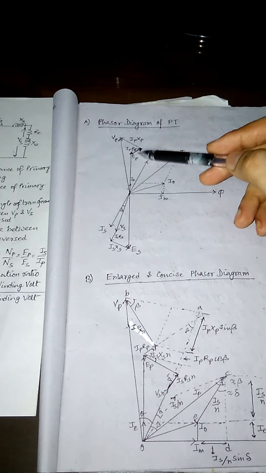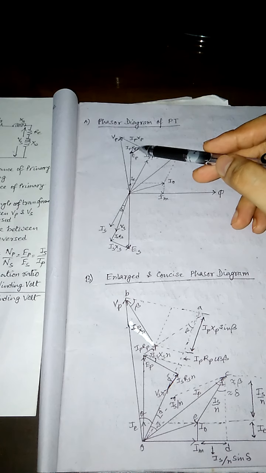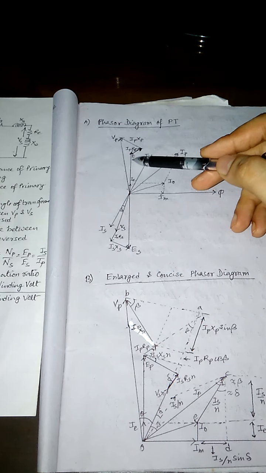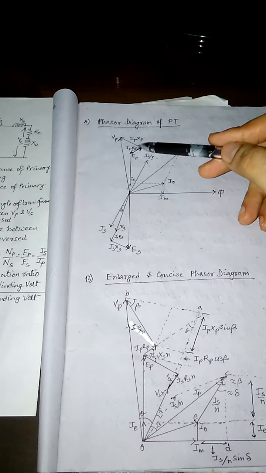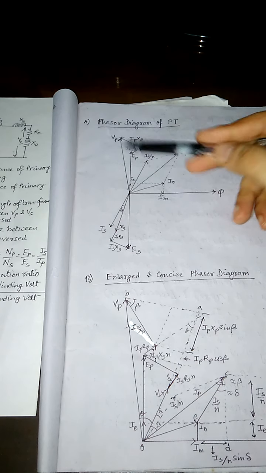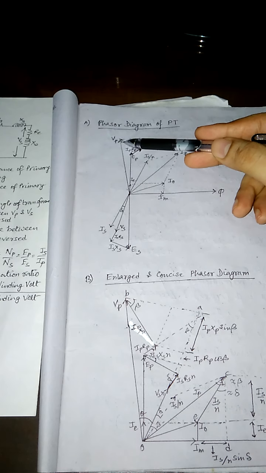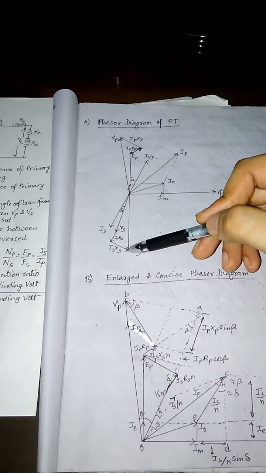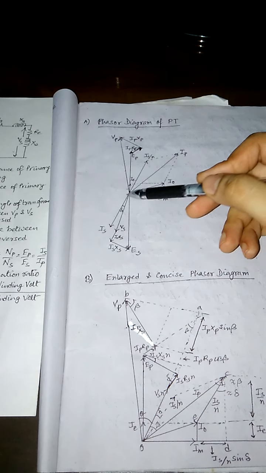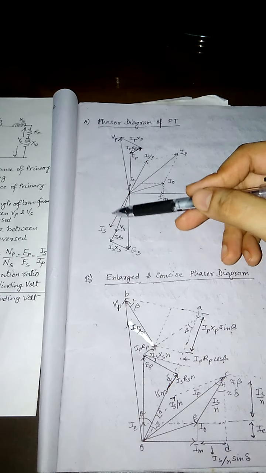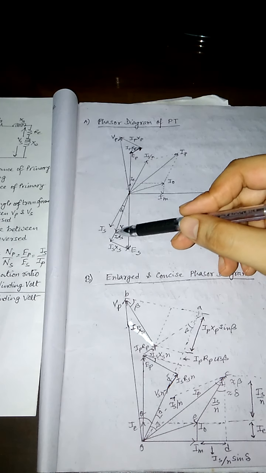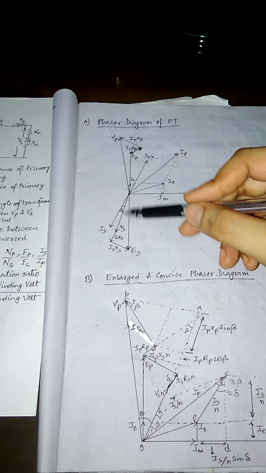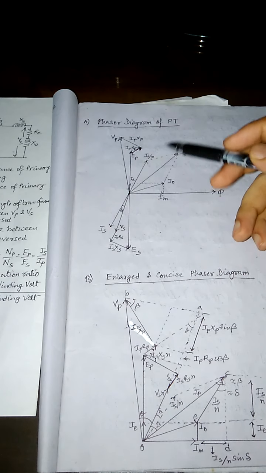So there are the voltage drops through the resistance and reactance, and then we get the Ep. By considering the drop and the induced voltage Ep, we will consider this Vp. Like the secondary winding, where the Vs, IsRs and IsXs, because the induced voltage in the secondary winding is Es. Then as the load is connected, obviously there will be a voltage drop through the resistance and reactance. So considering that, we will get the Vs.